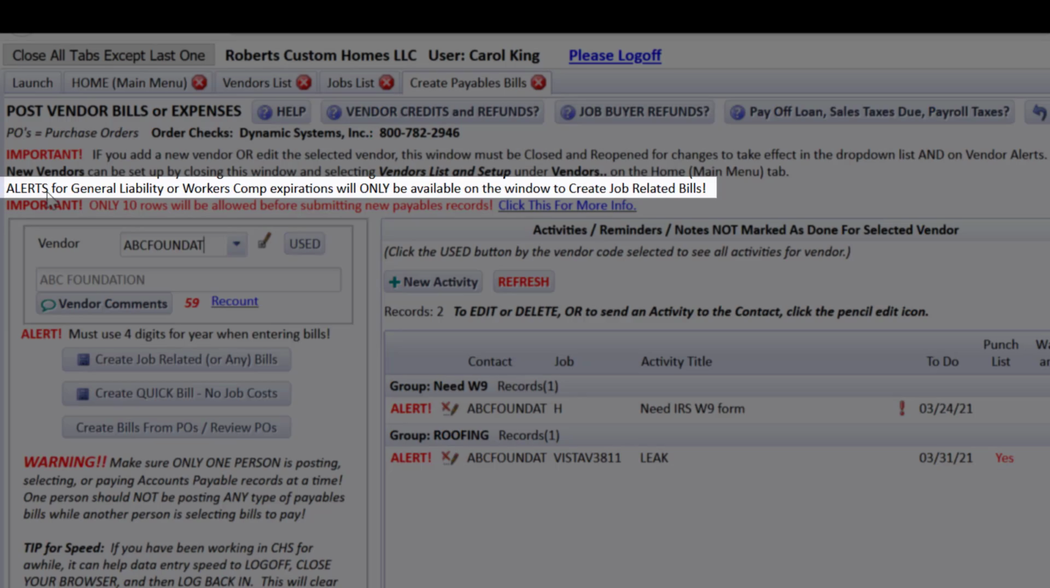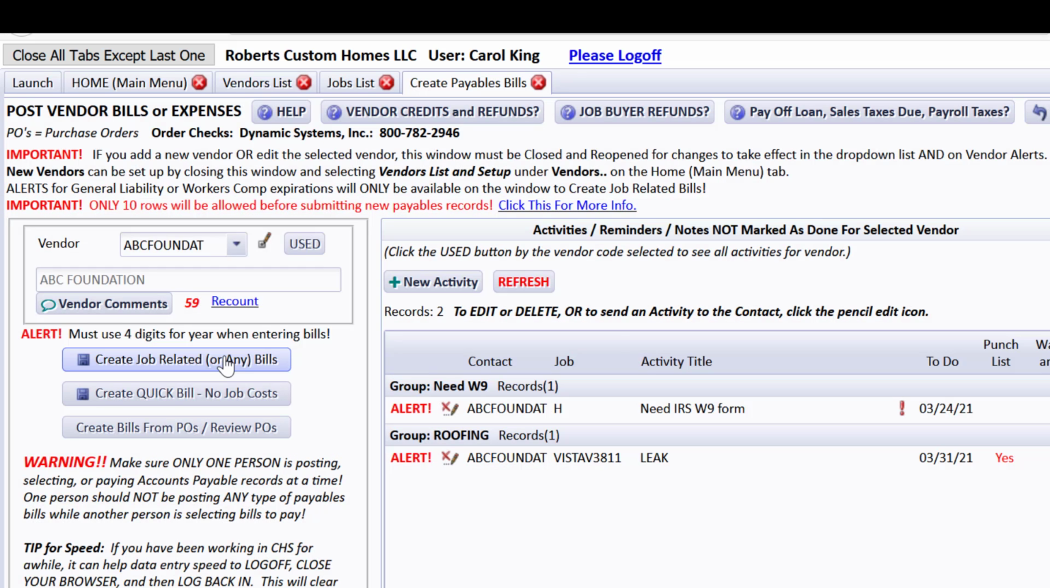And it also tells you that alerts for general liability or workers' comp expirations will only be available on the window to create job-related bills. So when you click this, it takes a little time to go out and check for things. But if you're not going to pay them for something that relates to a job, you could use this quick bill button instead of the job-related button, and you won't be selecting jobs,